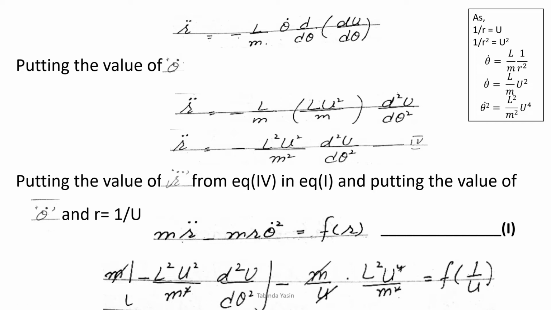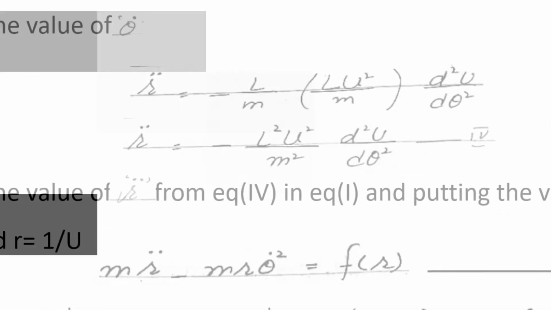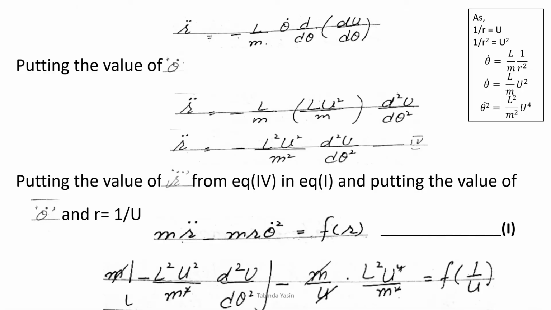As we know that u is equal to 1 over r and u square is equal to 1 over r square, and we know that the value of theta dot is L over m into 1 over r square. Substituting the value for 1 over r square, we get L over m into u square, and from here the equation will become L u square over m. Squaring both sides, we get theta dot square is equal to L square over m square u power 4. So substituting the value for theta dot,